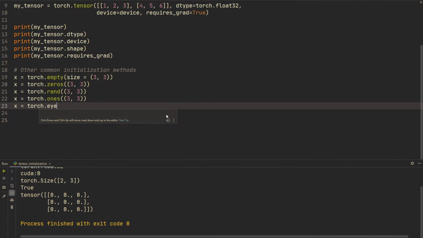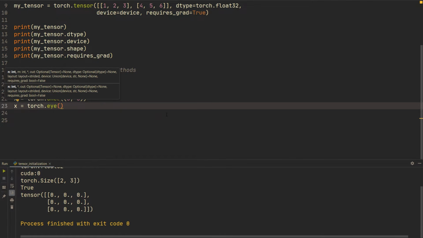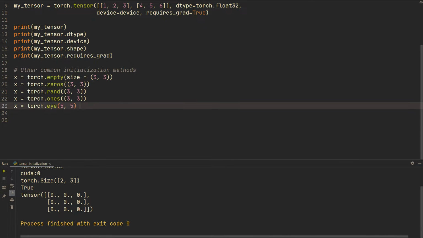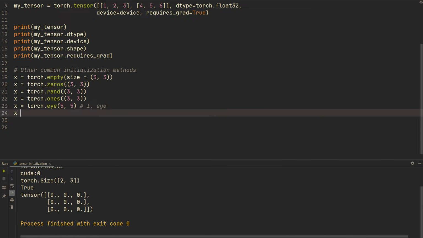Another thing we can do is torch.eye, and we're going to send in 5 by 5 or something like that, and this is going to create an identity matrix. So we're going to have ones on the diagonal, and the rest will be zeros. If you're curious why it's called eye, it's because I, like that, is how you write the identity matrix in mathematics, and if you say I, it kind of sounds like eye. Yeah, that makes sense. So anyways, one more thing we can do is something like torch.arange,